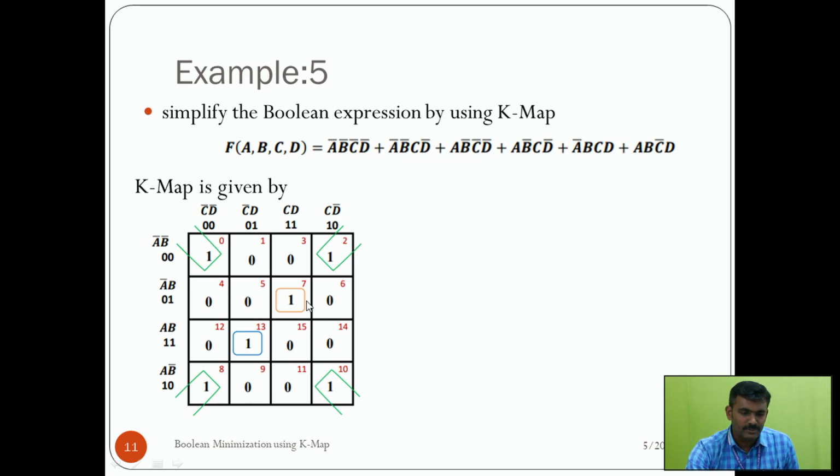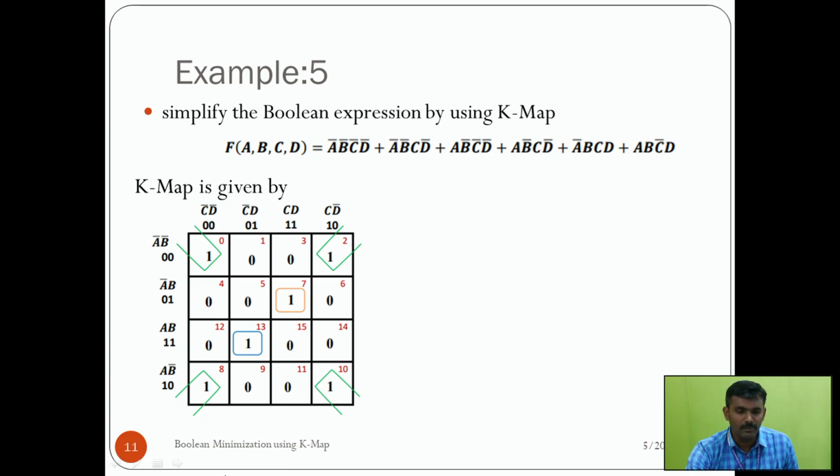Then minterm 7 and minterm 13 only are not mapped. Now we are going to map them. There are no adjacent cells as 1 for minterm 7 as well as minterm 13. So only minterm 7 and minterm 13 are alone 1. What about its adjacent? All 0. Therefore we are mapping it as a single. Okay,